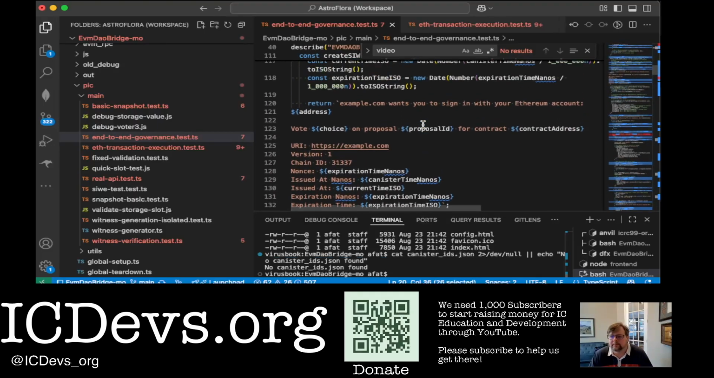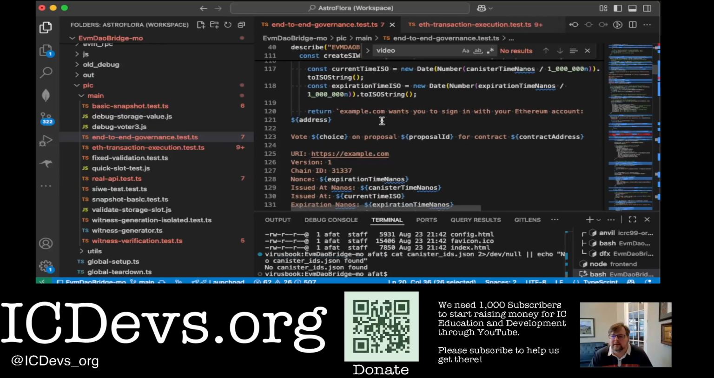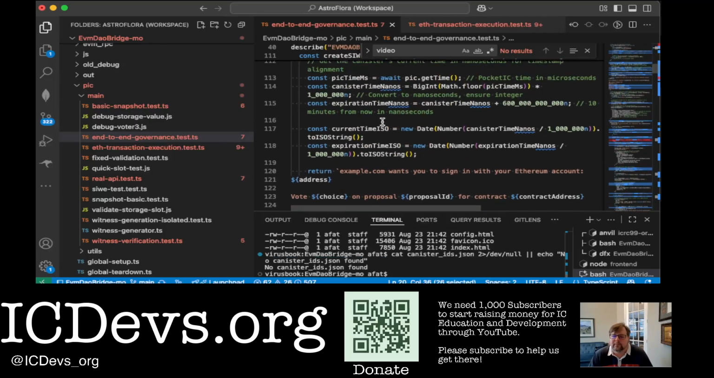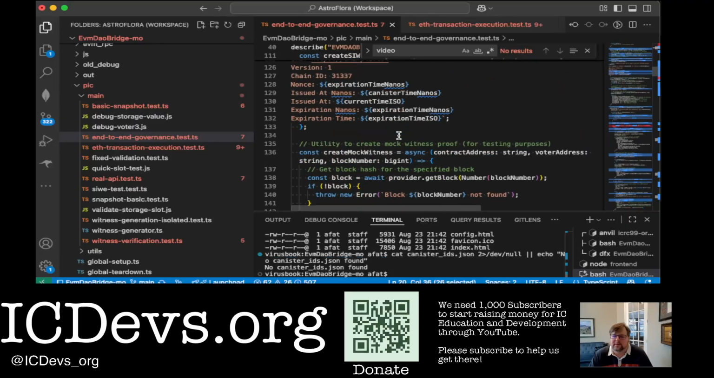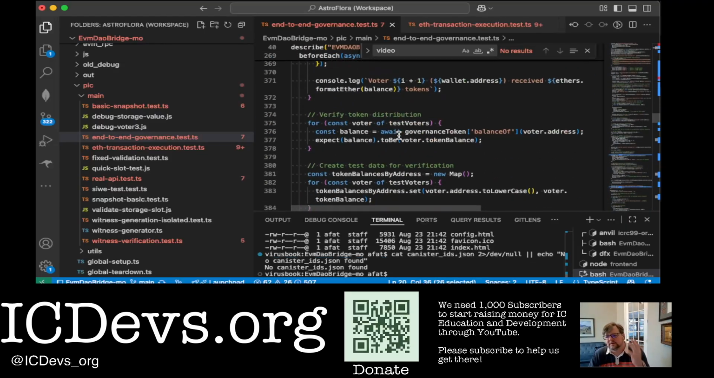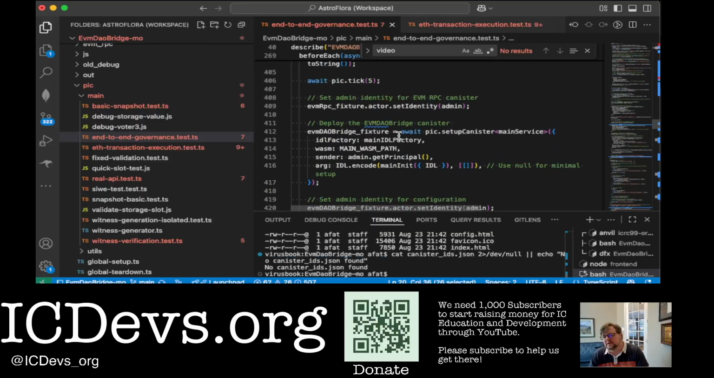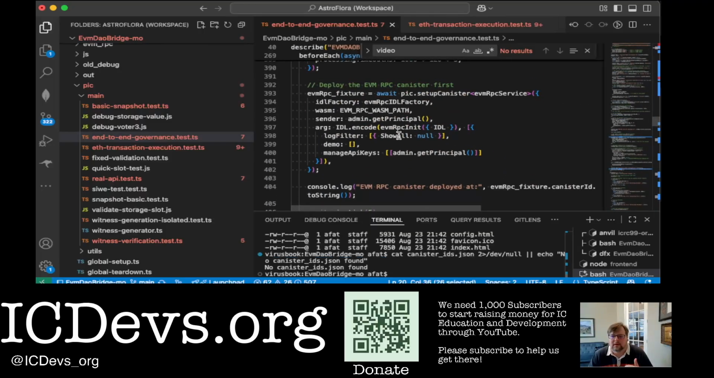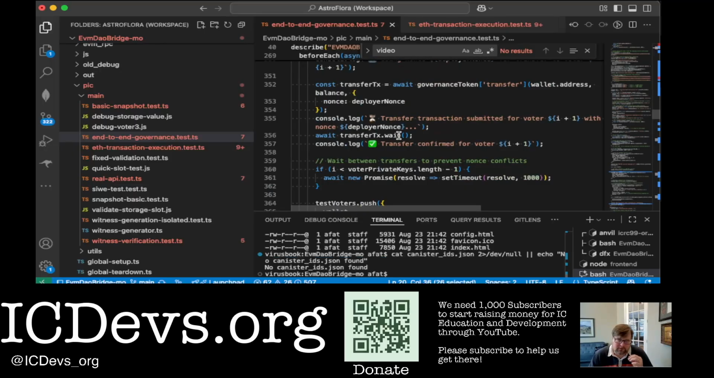You can see that it sets up these sign in with Ethereum messages correctly, and then just runs a bunch of tests. It'll walk through creating the proposal,